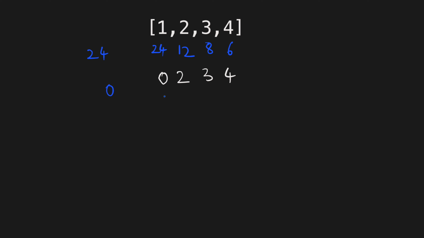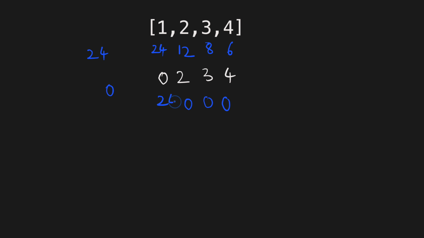So to handle this case, we have to count how many zeros we have. So if there is exactly 1 zero, then all the elements in the array should be 0 except the index where the 0 is located. At that index, the result will be the product of all non-zero elements. For example, the answer for indices 1, 2 and 3 will be 0 each because they will get 0 as one of the multiplying elements. But the index where there is 0, that is index 0, the answer should be 2 into 3 into 4